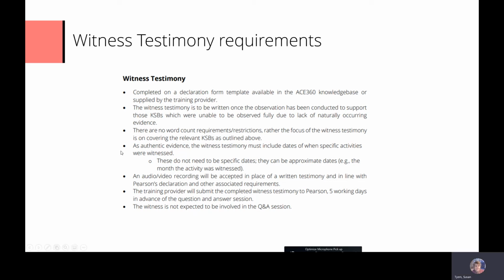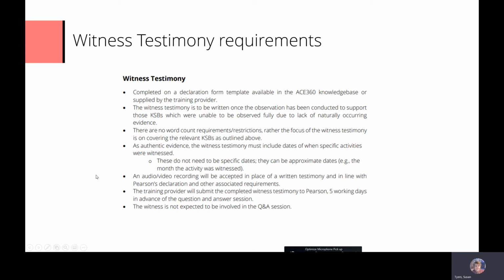As authentic evidence, the witness testimony must include the date of when specific activities were witnessed. These do not need to be specific dates. They can be approximate dates, such as the month, rather than the actual day. An audio or video recording will be accepted in place of a written testimony, in line with Pearson's declaration